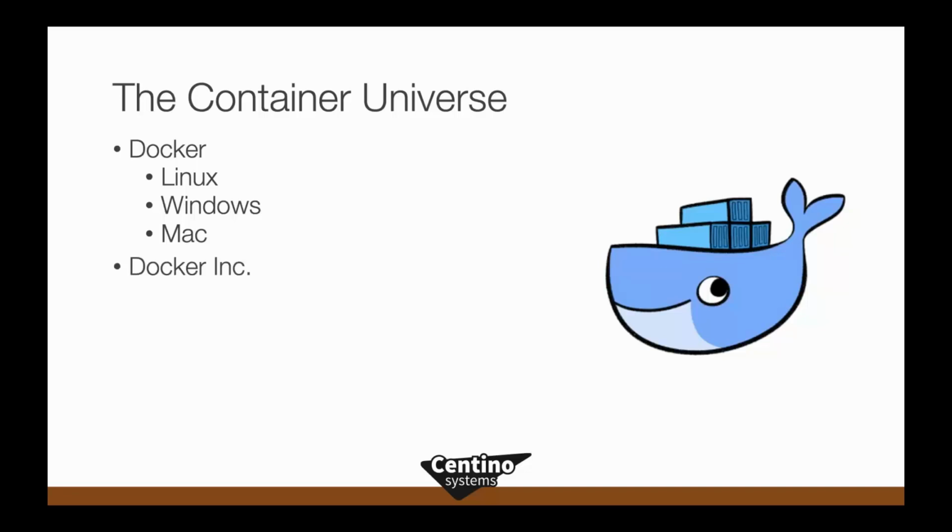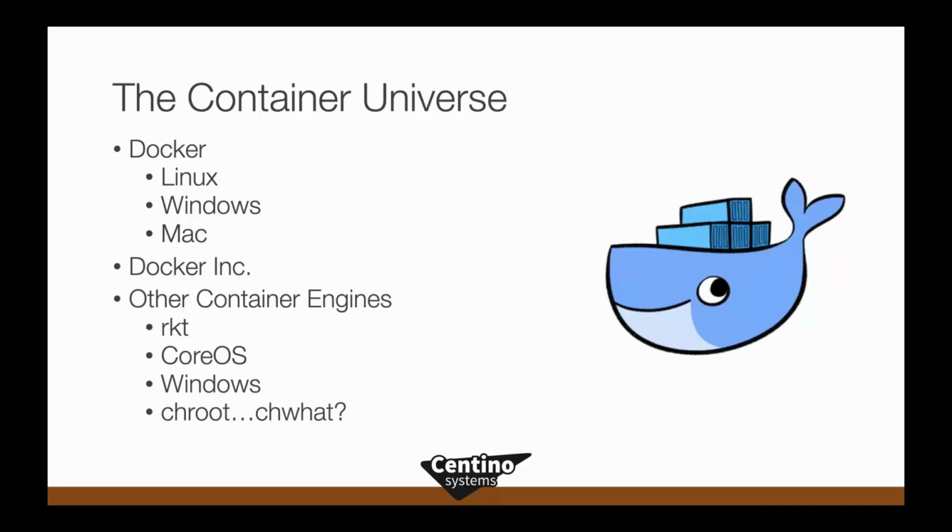Now, Docker Inc. is a company. Docker Inc. writes software that supports containers, things like Docker Swarm, which is a container orchestrator. And of course, they also write Docker, the software for the container runtime that exists on your local system. So when you go and download it, chances are you're going to download Docker from Docker Inc. But there are other container runtime engines. The container runtime is the thing that starts up the container and does all the management of exposing the underlying operating system into the container images that you have up and running on your system. Some of the other container engines available are Rocket, CoreOS, and even Windows. Newer versions of Windows in 2016 and 2019 all have the ability to support containers.